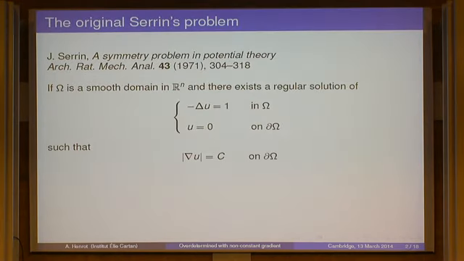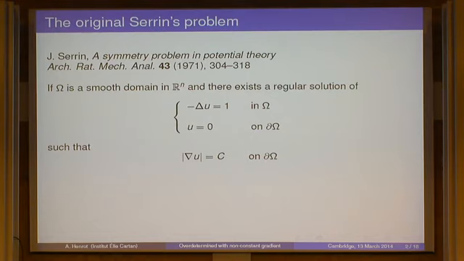So let me start with a motivation, which could be the classical Serrin problem. James Serrin, in a very famous paper, which is more in the context of symmetry problem, proved the following. If you consider the solution of the very simple PDE minus Laplacian u is equal to 1 in the domain, u equals 0 on the boundary of the domain, and this is the PDE I will consider during the whole talk. And if you assume, moreover, that the gradient of u is a constant over the boundary of the